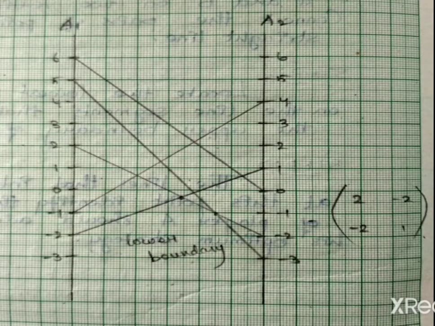Now here we have to come to the reduction of a 2 by 2 matrix. That is, you have to find out what the 2 by 2 matrix is. So here the problem belongs to 2 by n, that is 2 rows and n columns. That means we have to come with the lower boundary. So here we have to mark it as a lower boundary. In this lower boundary we have